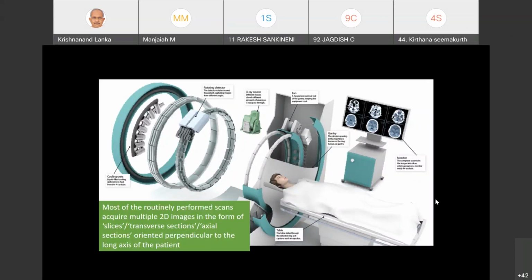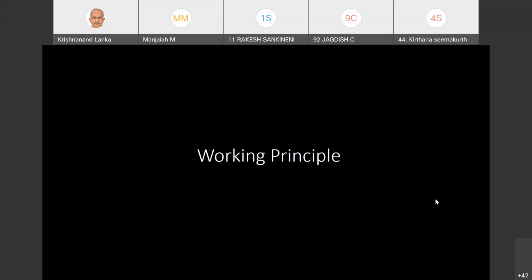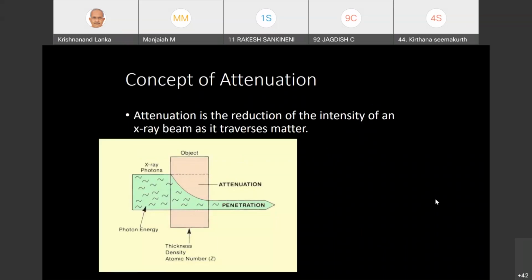Most of the routinely performed scans acquire multiple 2D images in the form of slices or transverse sections, axial sections oriented perpendicular to the axis of the patient. So that is how you do CT scanning, right? So what is the working principle here? The concept is like,